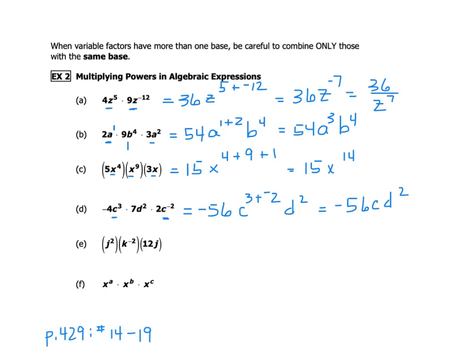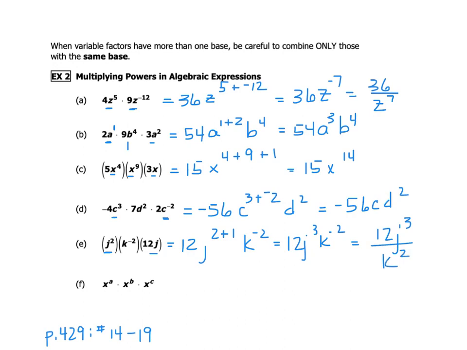Another example, multiply my coefficients. I just have 12s and 1s, so I'm going to have 12. I can combine my j's, but not my k. So I'm going to have j to the 2 plus the 1 power that we don't see, and then I have k to the -2 power. And let's go simplify that. Gives us 12 j to the 3rd power, k to the -2. Remember, we don't want to leave negative exponents. Move those k's to the bottom. Everything else stays right where it is. So on top, 12 j to the 3rd over